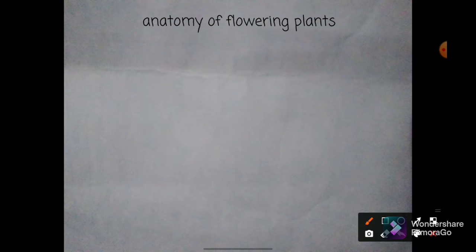Now, starting with the first step. In the first step we are going to study tissues. So what is a tissue? Basically, a tissue is a group of cells. If it's a group of cells, that means it should perform a similar function. It should be common in origin. Origin in the sense that it should take birth from the same place. So a tissue is a group of cells having a common origin and usually performing a common function.